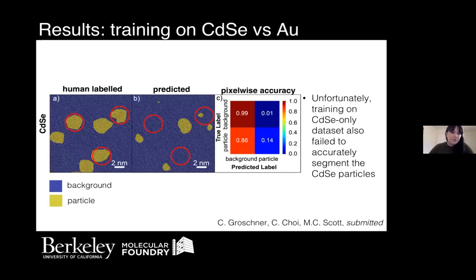And also, unfortunately, when we trained on only the cadmium selenide, so only that hard example case, we also failed to accurately segment our CAD cell nanoparticles, even failing in the task of identifying the location of all of the particles, even if the neural net did not predict the boundaries very well. So this is